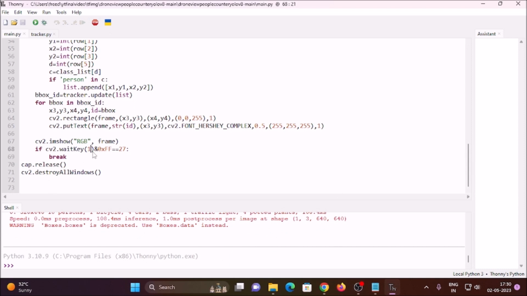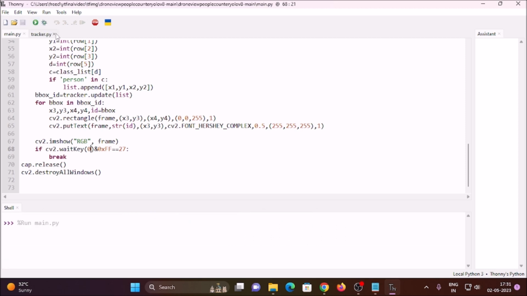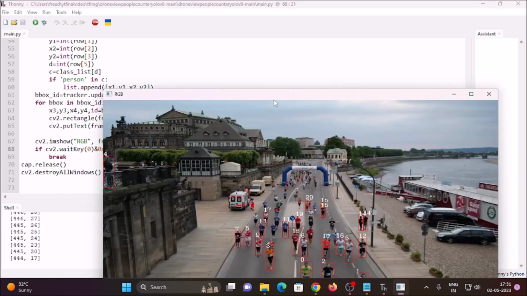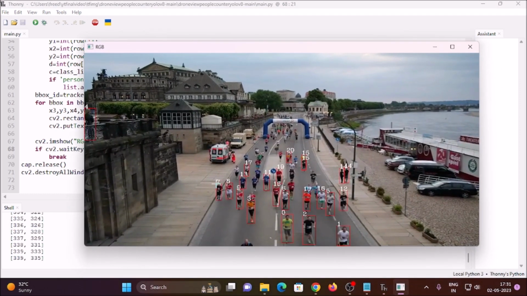We are working with one frame, the first frame. So let's first close our tracker.py. This is our first frame. What we are going to do is simply create the line, and as I already explained in a previous video how to count objects with the help of a line,